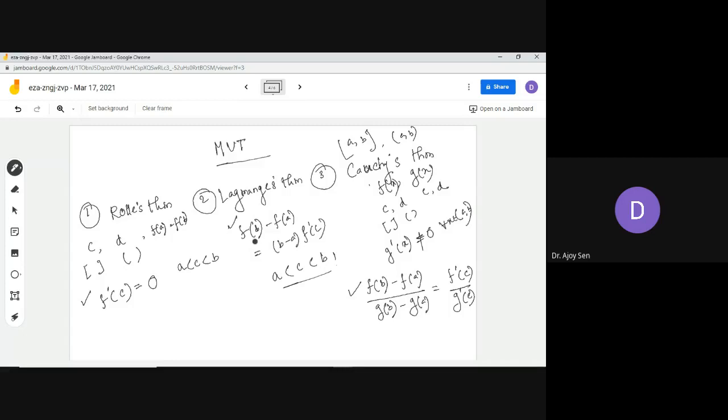So you just calculate f of b minus f of a, and f dash c you will get. Now what is f dash c? The form of the function is given, so you can easily find out f dash c. Now you will have an equation involving c. From the equation you solve for c, and check whether this c is lying between a and b. If it is, then Lagrange's theorem is verified. Such things can come in your exam. These are all the forms of the mean value theorem, and the checking of the proofs.